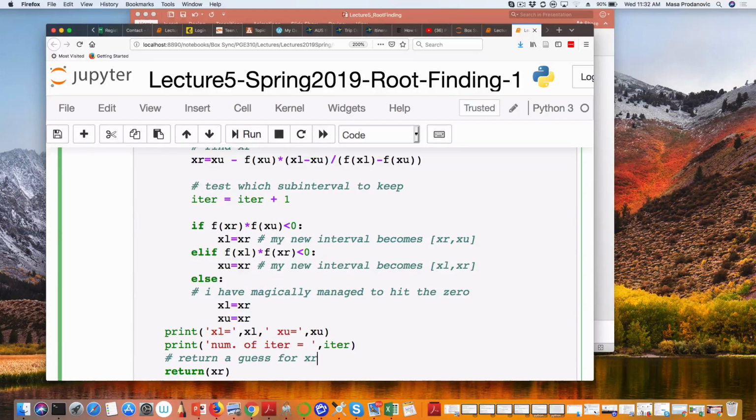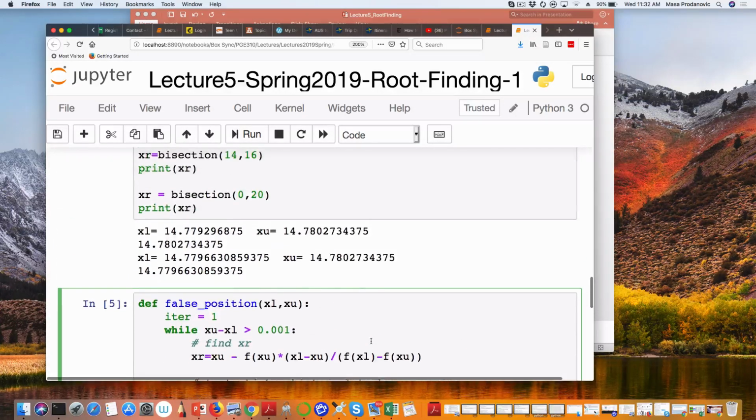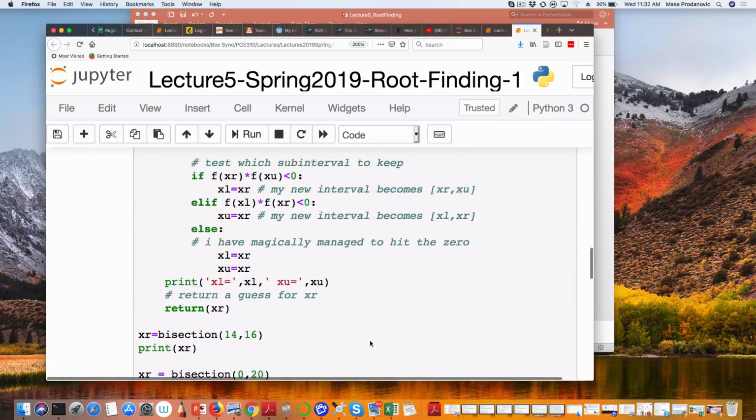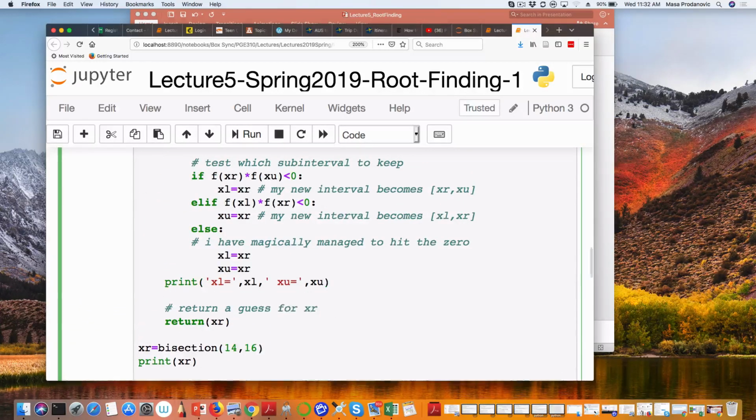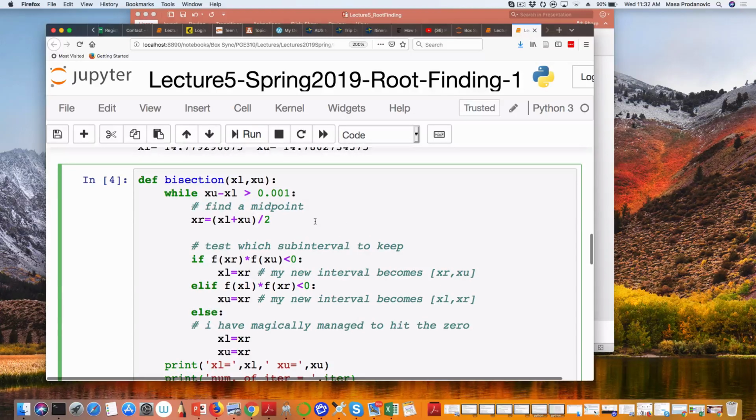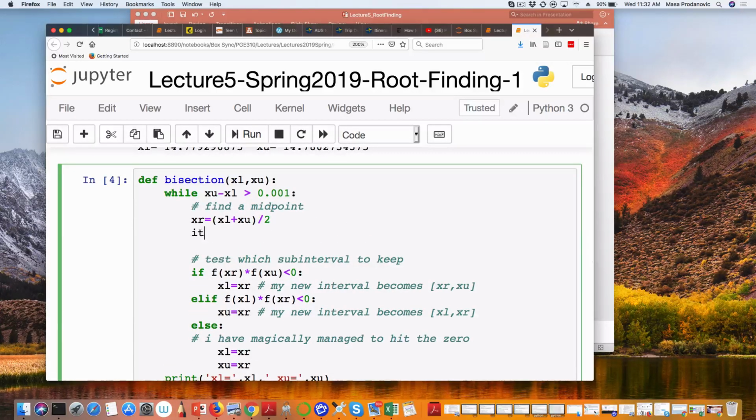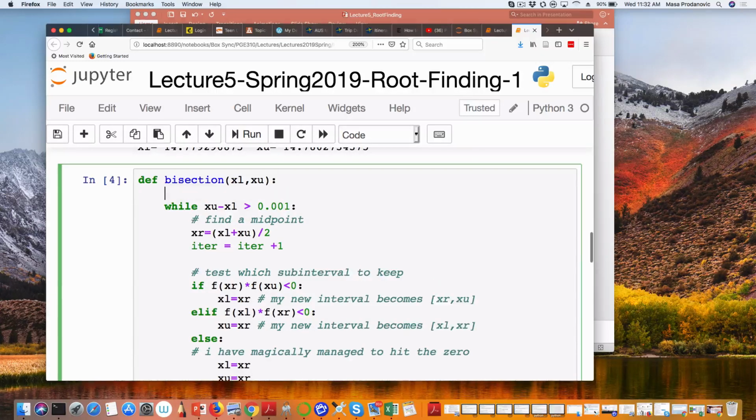It's up to me. I can actually return the number of iterations as well if I wanted to. That's part of the design of your function, but I'm not going to bother this very moment. You might need to bother for your homework. And let me do the same for this one. So iteration is iteration plus one. Okay. So I'm going to save,